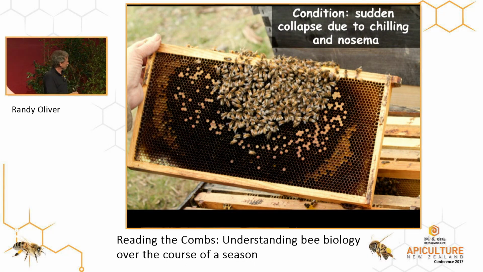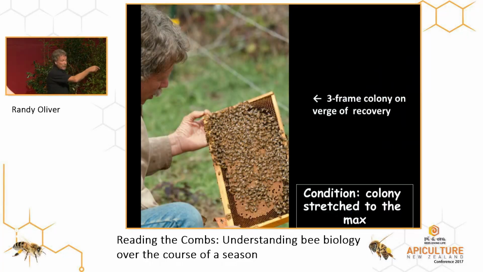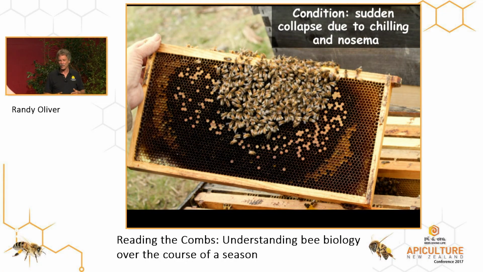You already saw this right here. They're dying quickly because you don't see very many bees on this comb, and one frosty night, and that's it. This is CCD, sudden colony collapse due to Nosema ceranae, and typically a virus with a chilling event at night. But they almost made it. If they didn't have that chilling event, all that brood would have hatched, and that colony would have been out of the woods. They would have been perfectly fine. I see this all the time. And if you look in your colonies at that time of year, you will probably see this also.